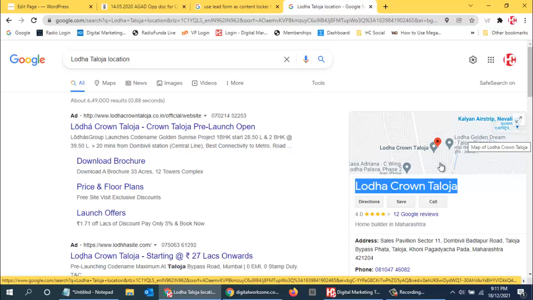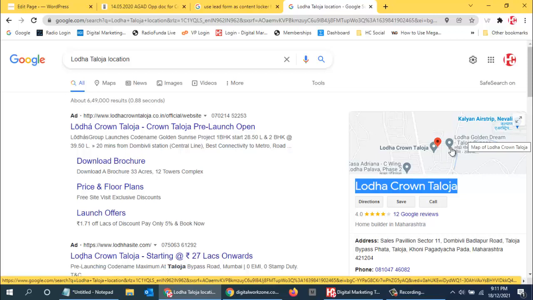People will get annoyed. Even if I am looking to buy a house, I will never put my number or name over there because I know what happens after that. All the telemarketing people will get activated and they will keep on harassing me every single day, and then I need to block their number, but that is of no use. They have hundreds and hundreds of numbers. So think from that point of view: instead of hiding something, why do you want to hide? If people get to see your location, is there any harm? Why do you want to hide this?